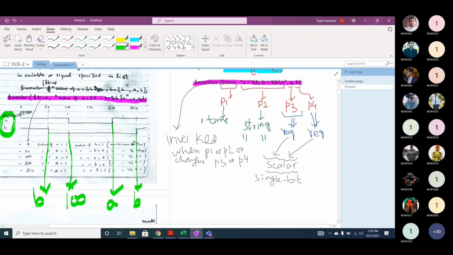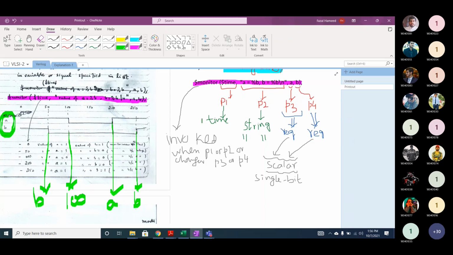So now this monitor will be invoked at different time instants. Monitor is always invoked at time t0, and that is the start of the simulation. So let's assume we are simulating our design, and we have our timing diagram. Initially, what is the value of A and B at time t equal to 0?